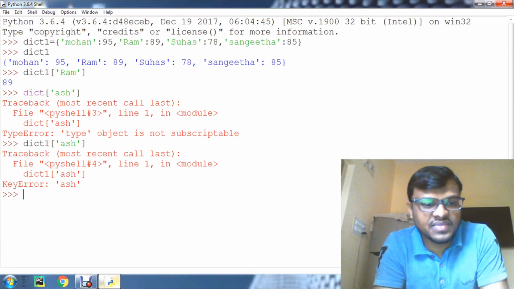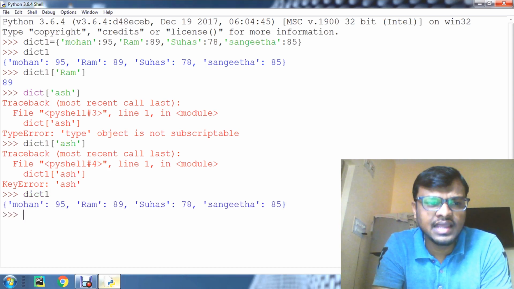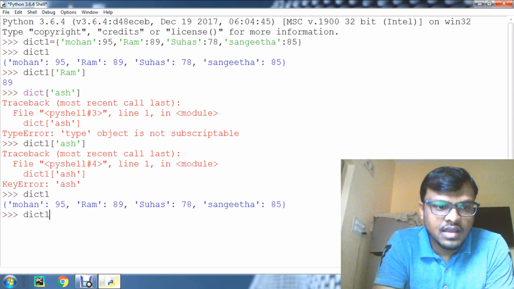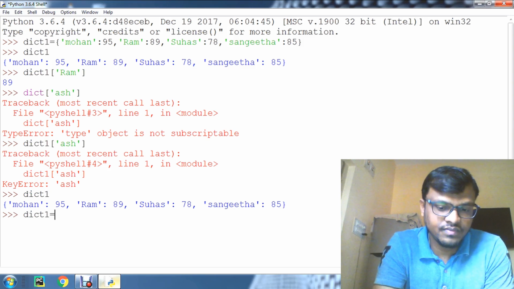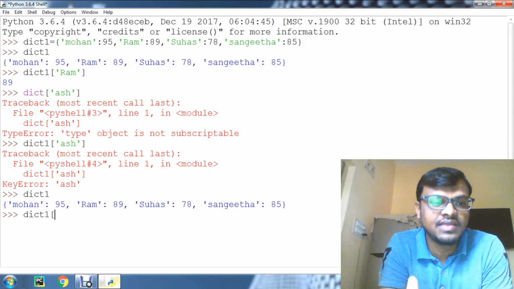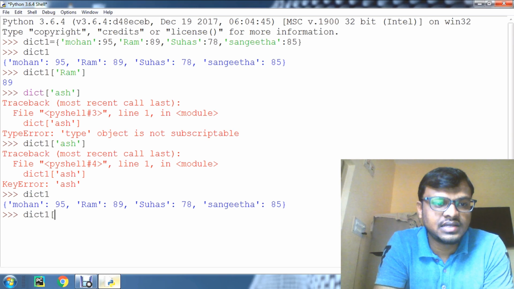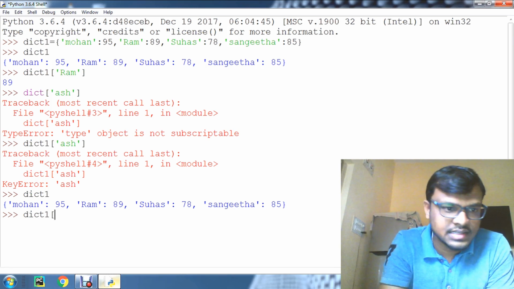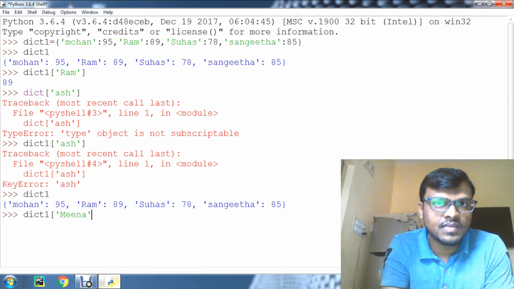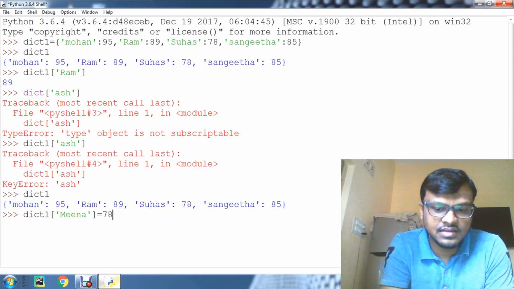For that, we have dict1, right? I am going to add a new element. So dict1 of, first we have to access the dictionary element by using a key, let us give the key Meena, and assign the value 78.